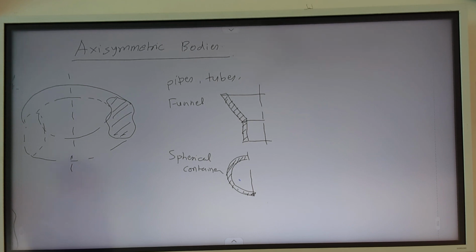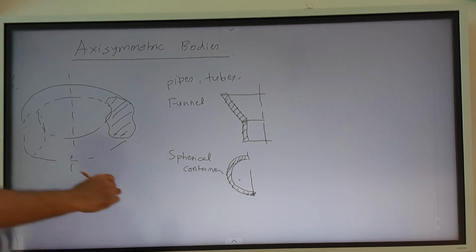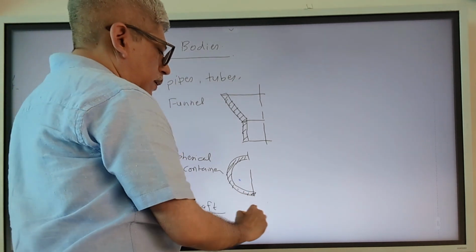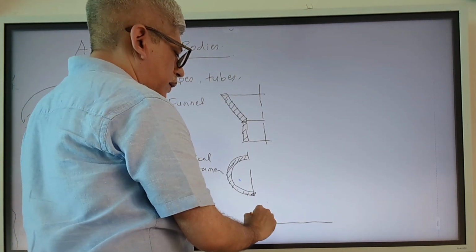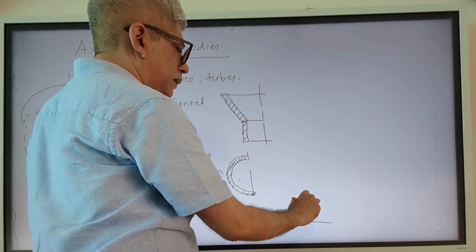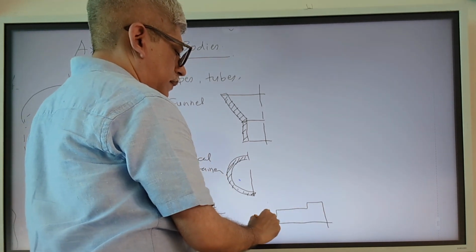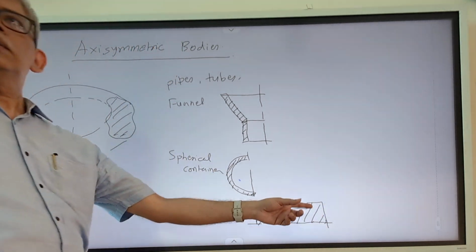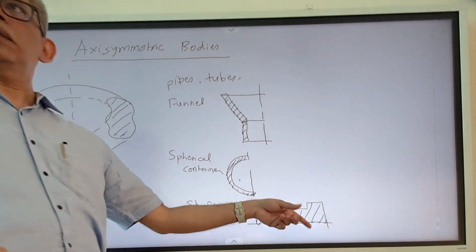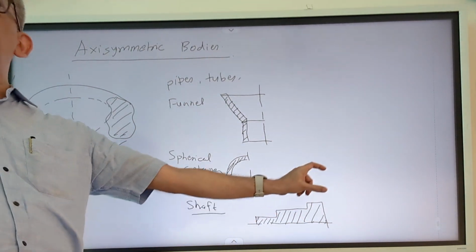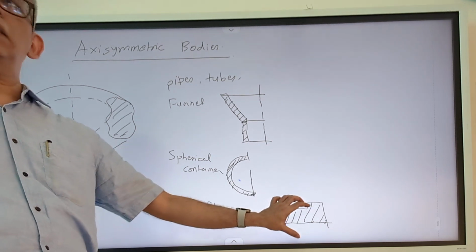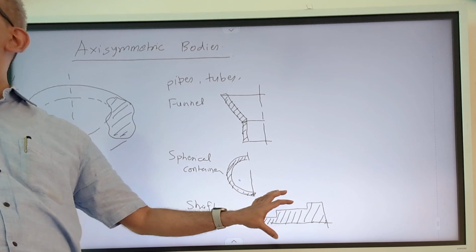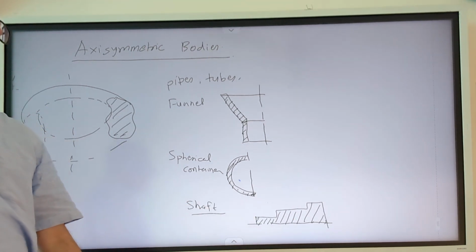Transmission shafts. Okay, so shafts also could be a case. If you consider a shaft, it will have a varying cross section. I am considering a solid shaft, it also could be a hollow shaft. So this could be the cross section. If you revolve this, you will get a shaft with different dimensions. These steps are required in order to mount either rollers or bearings or gears onto this particular shaft.